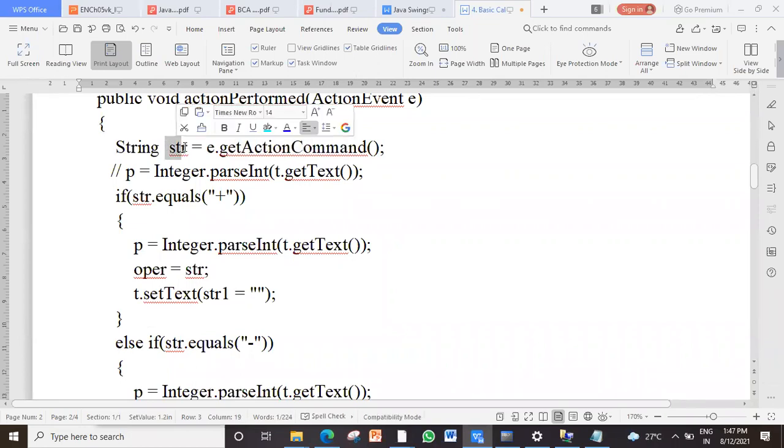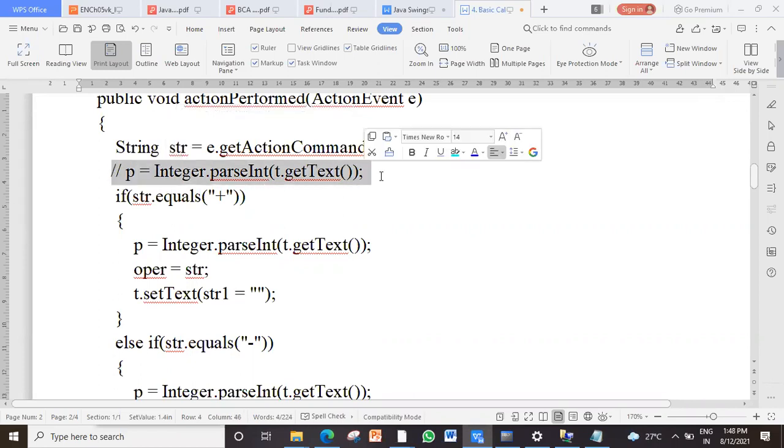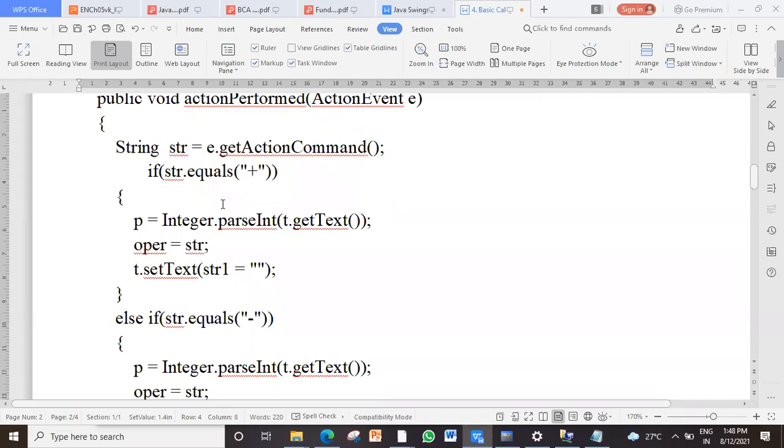Remember, str1 is different. So str will get the name of the button that has generated the event. Now we are checking whether that str, that means whether the button, is equal to plus.